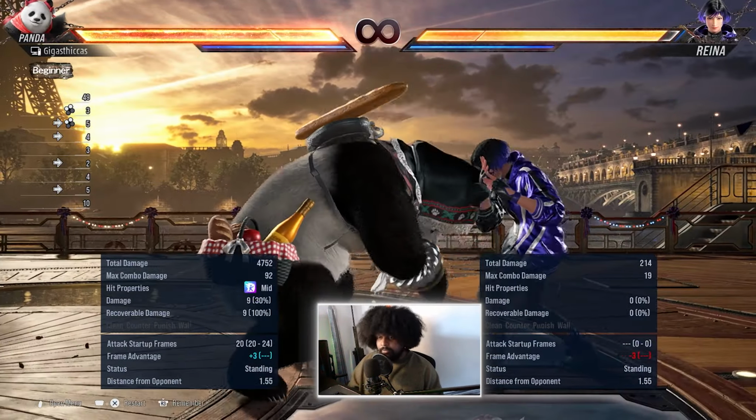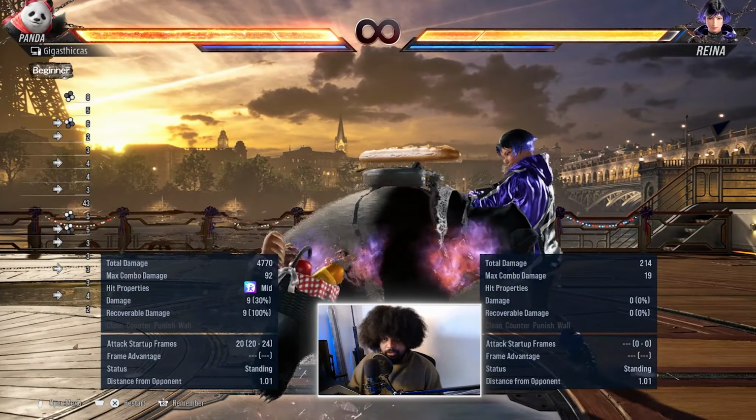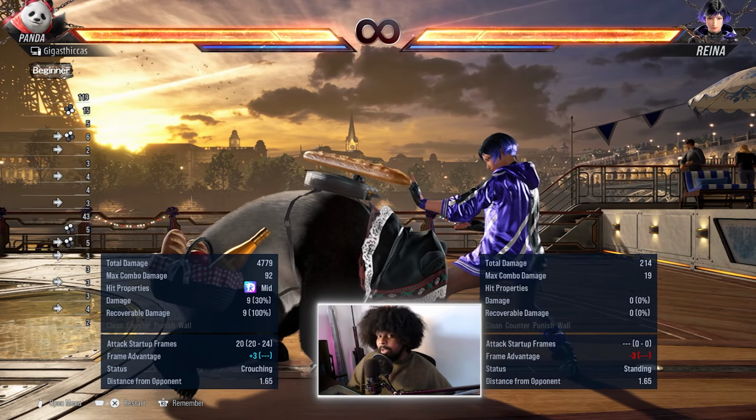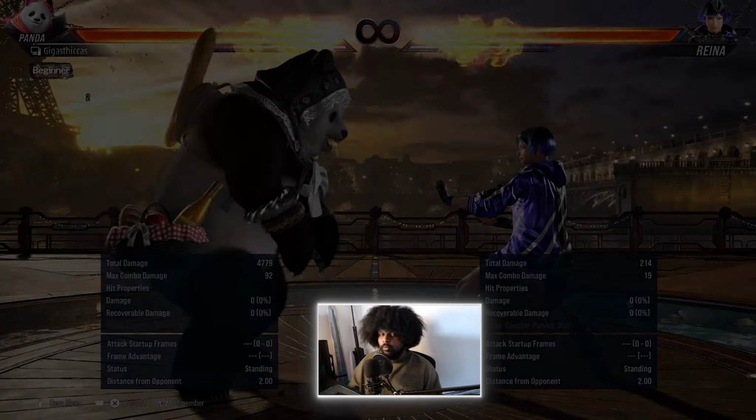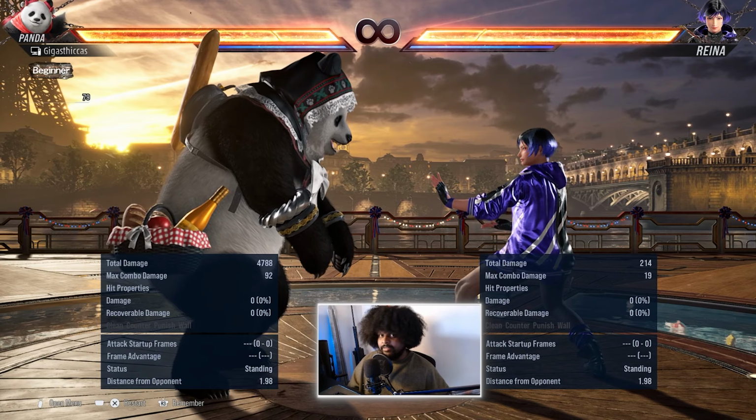Like while running 1 plus 2, go for another one. They're so afraid of the mix-up afterwards. Go for another one, and then they might mash back, where you go for the HBS 1. Or you can go for the big low after the first HBS running attack. So,